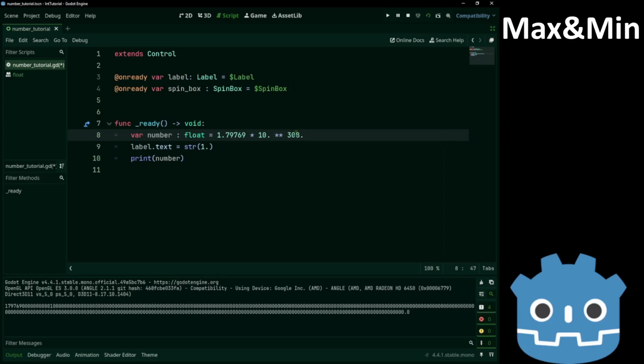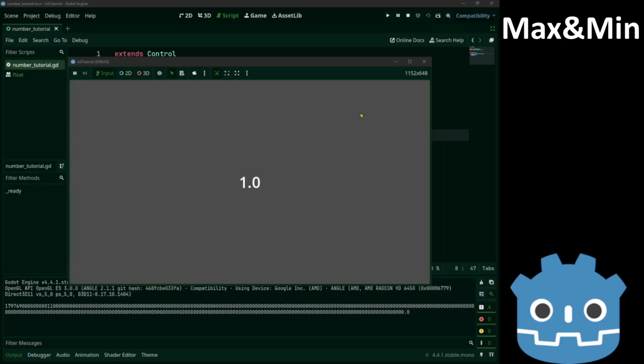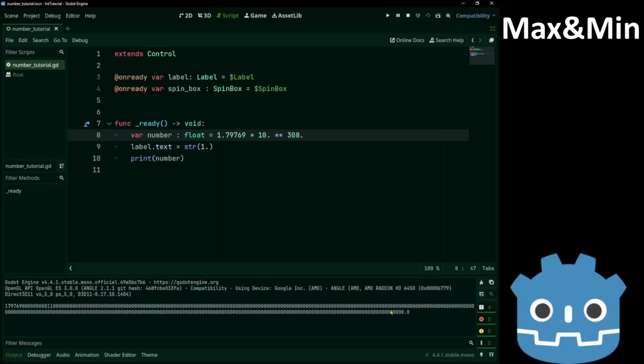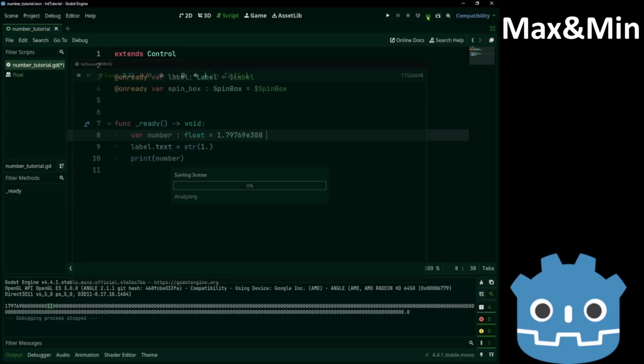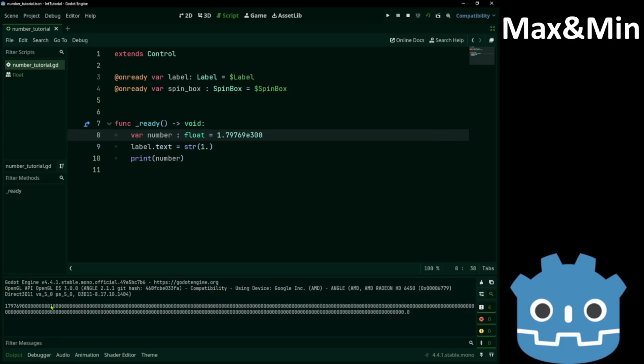This is the same using math operators. And we get almost the same number. It has an error here. If we go back, we see one of the ones is gone.